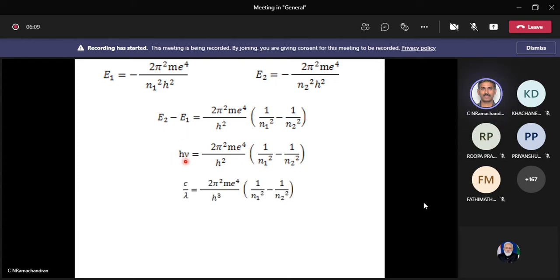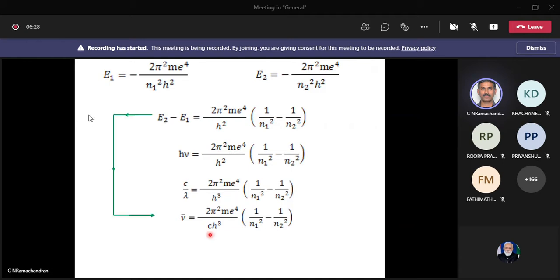That difference E, we are writing in terms of frequency, and whatever unit you want, either frequency or energy or wave number, you can convert it with proper substitution. And finally, we will have this expression. Once you substitute these constant values, whatever they are, we can get that energy difference E2 minus E1